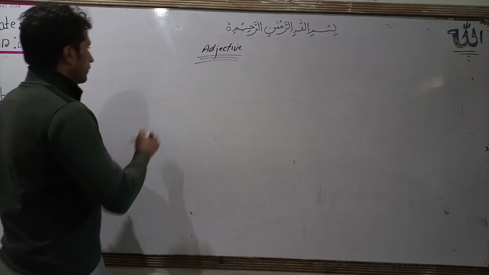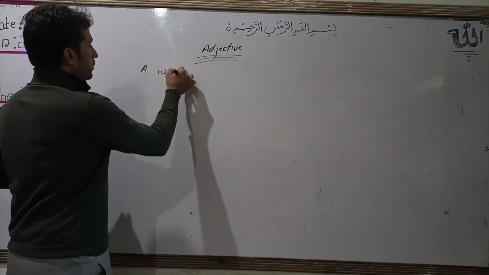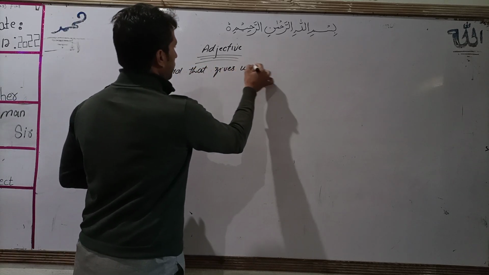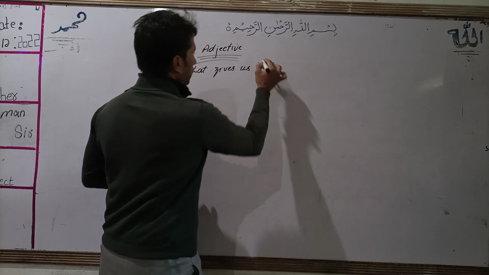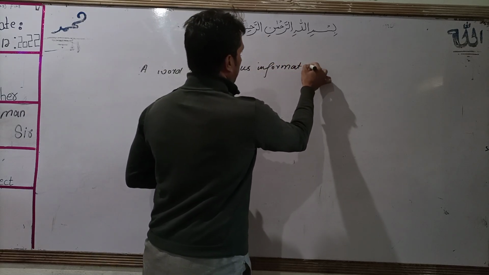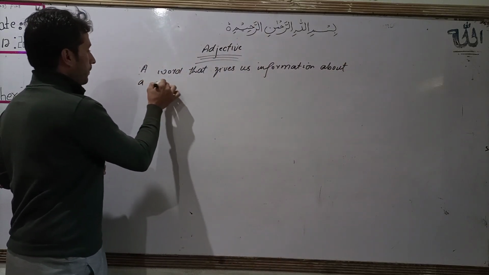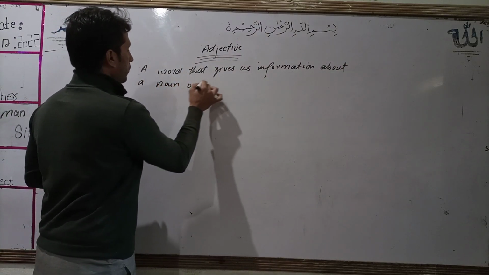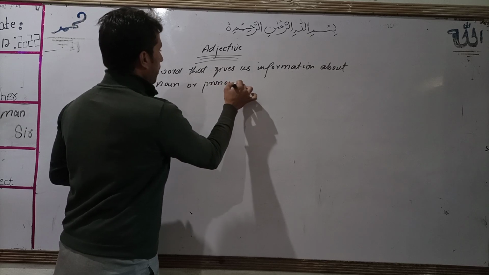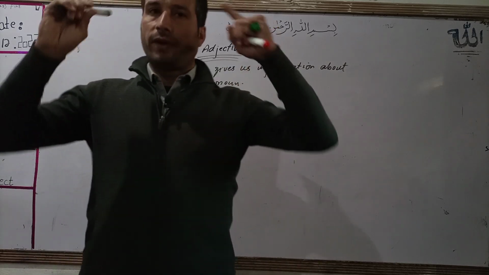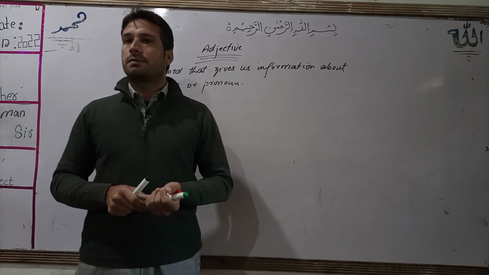Okay, a word that gives us information about a noun or pronoun. Remember, we use adjectives to make a kind of image in the mind about the person, place or thing that